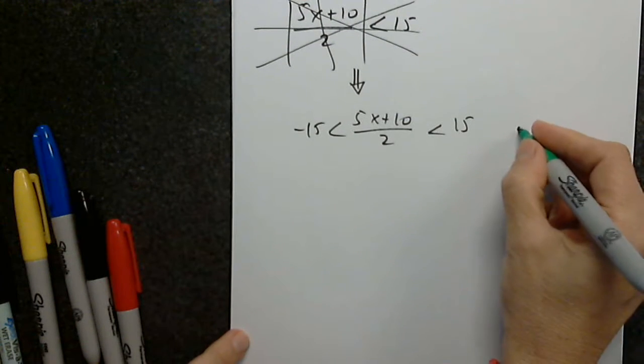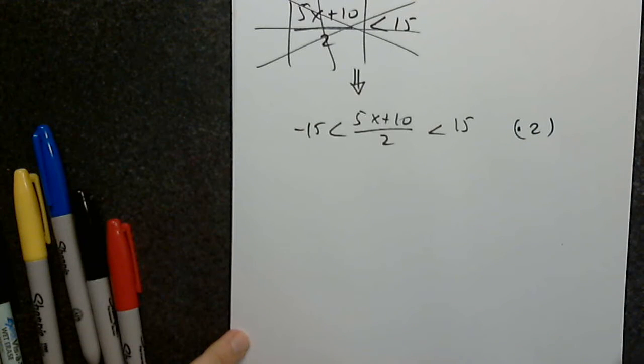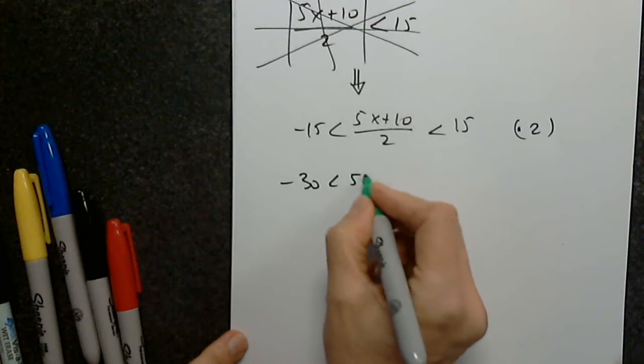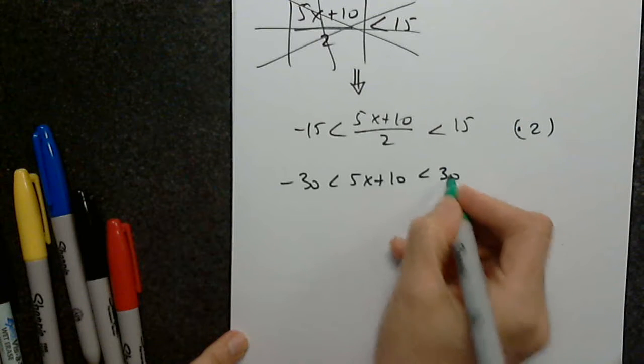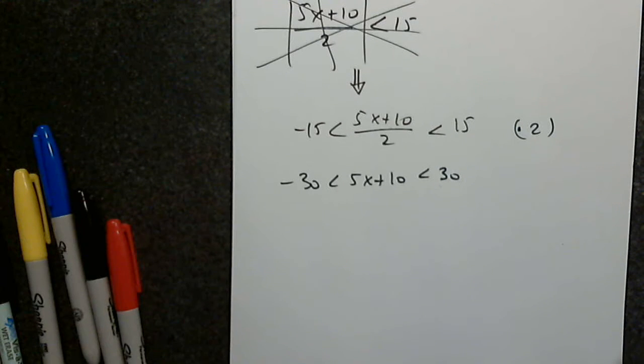Multiply both sides by 2. Yes, we multiply all 3 sides by 2. So negative 30 less than 5x plus 10 less than 30. Good. Then,